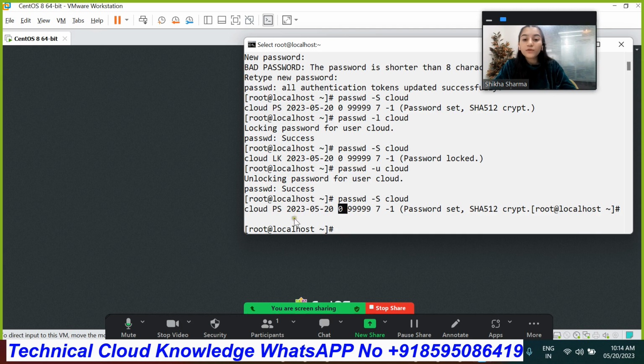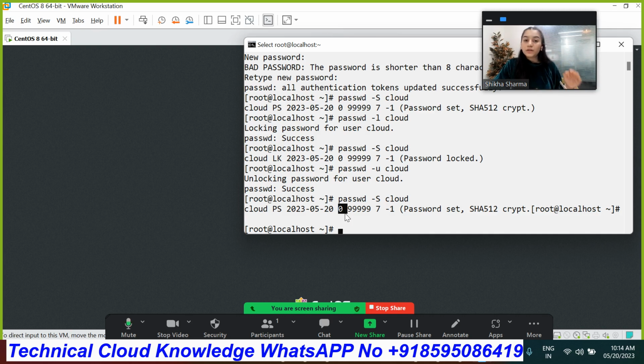Now let's move to the fourth field. Basically, the fourth field is the field in which we can change our password at any time. By default the value is set to 0. 0 indicates that you can change your password at any time, as many times as you want, because it is showing 0. But if you change the value and set it to 2, then you can change your password only after 2 days.